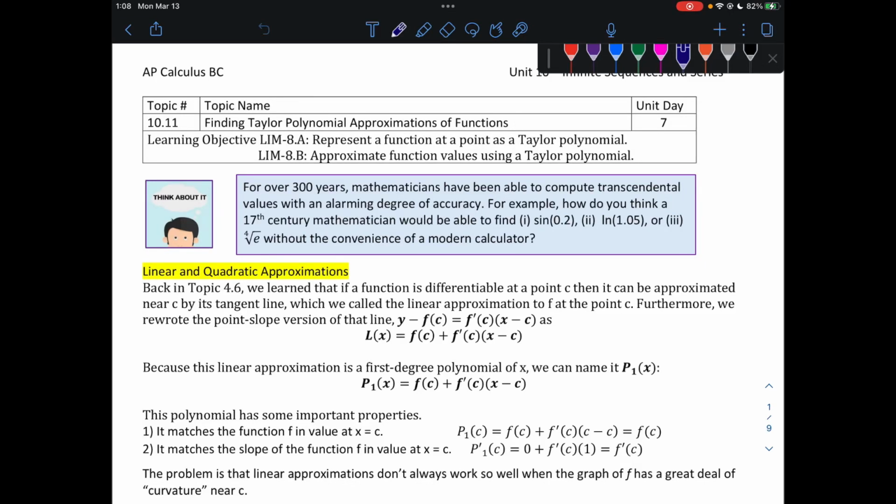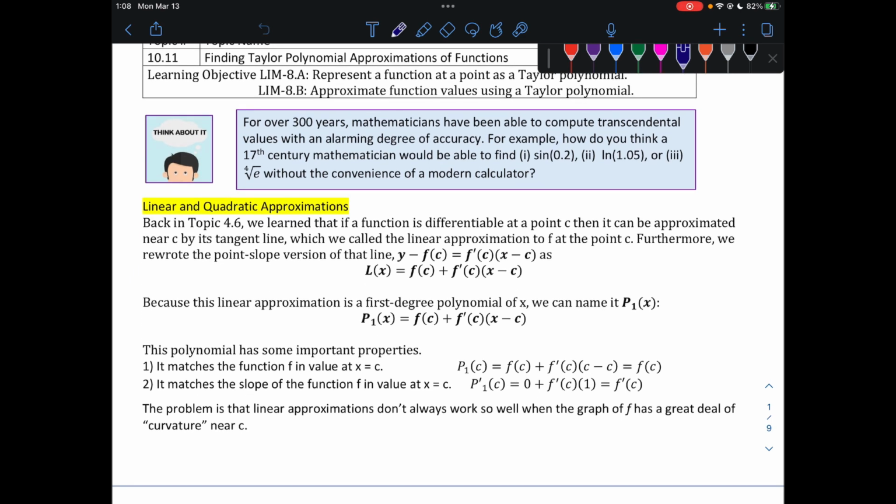Hello everyone, thanks for watching this video today. In this video we're going to talk about finding Taylor polynomial approximations of functions. Before we actually find approximations, we should probably make sure we know how to find Taylor polynomials. And before we do that, let's take a look back at some things we did earlier in the year, like